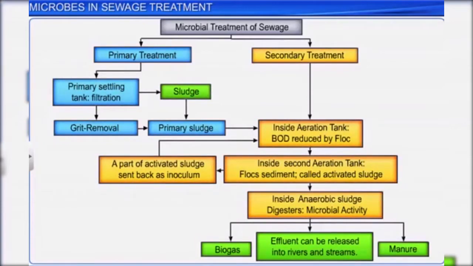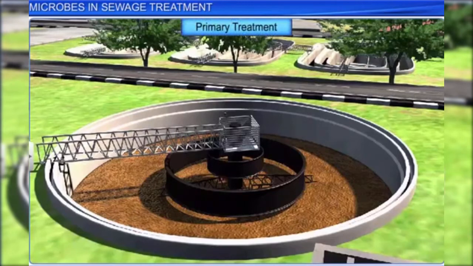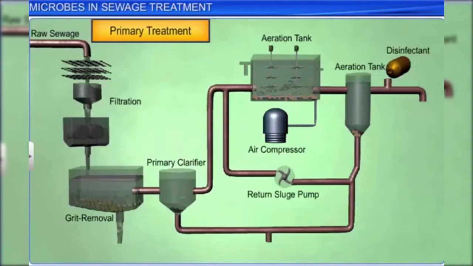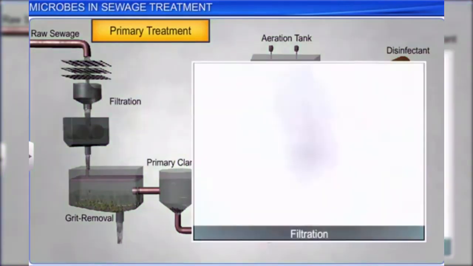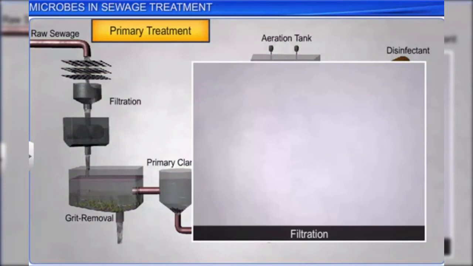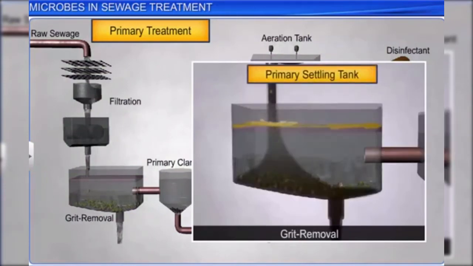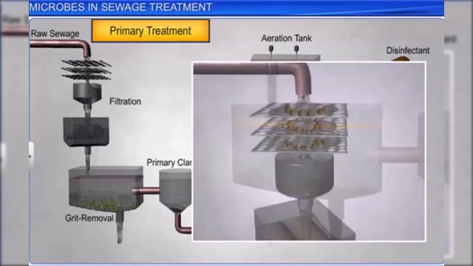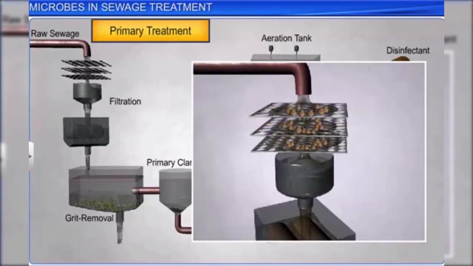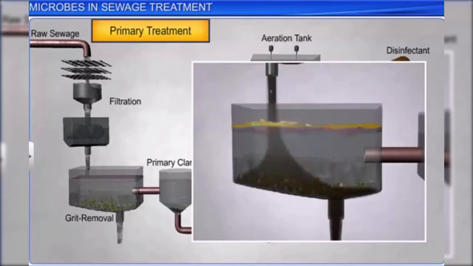In the primary stage, the objective is to remove coarse solids and other large and small particles found in sewage. The first step of primary treatment involves filtration, which is followed by grit removal inside a primary settling tank. All the floating debris is removed by sequential filtration, whereas the grit, such as coarse soil or pebbles, is removed